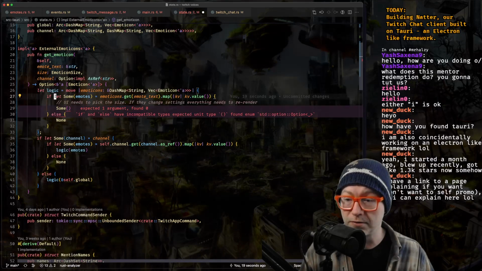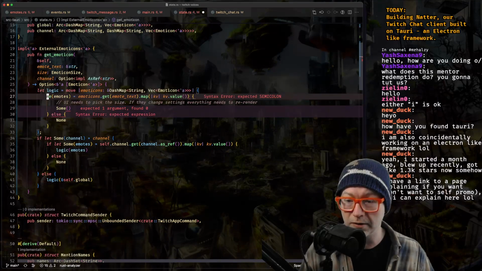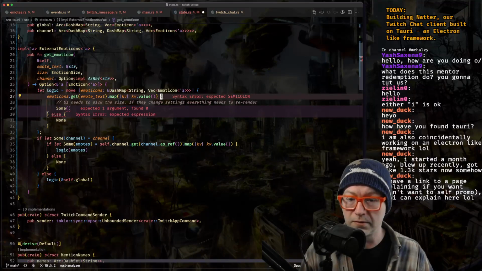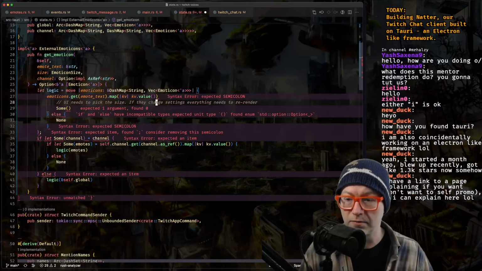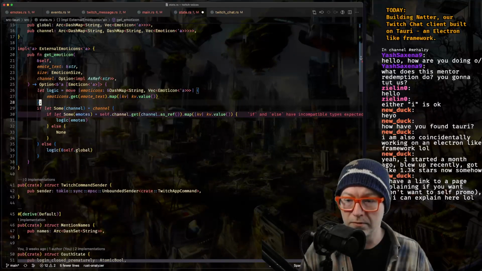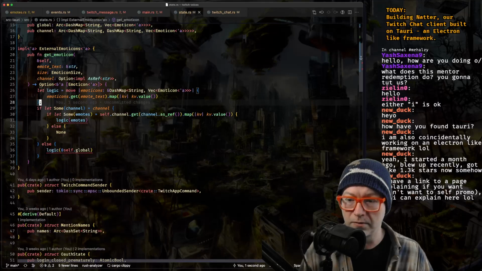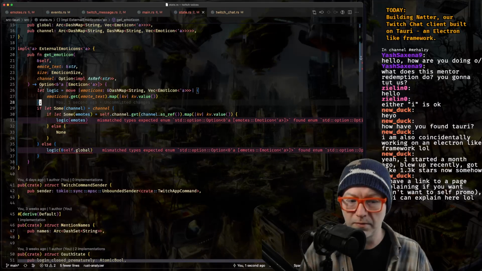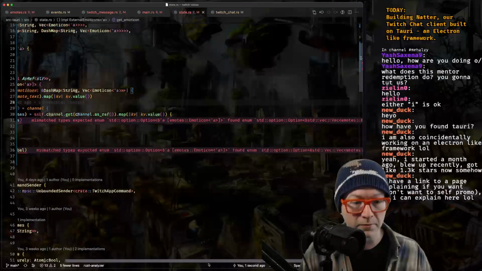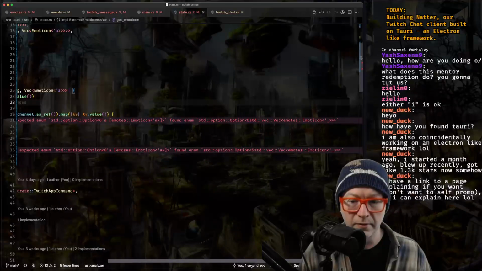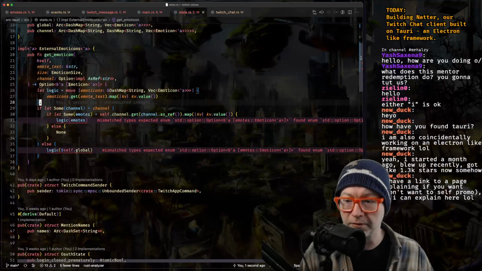In this case, we can reduce this. Found enum option. Okay, let's return the vector then.